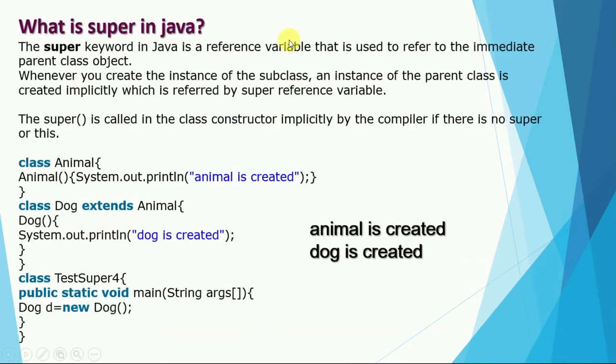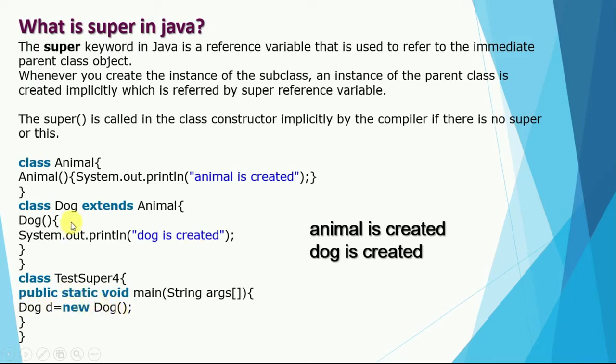Okay, so we also discussed the super keyword. Let's take a look at an example. We have a class named Animal, and we also have a class named Dog, the child class. This is the parent class, this is the child class, and it extends the Animal class. So there is a parent-child relationship, and inside this Dog class we have a constructor in which we print the statement "dog is created", and in the main class we create an object d and call the Dog constructor.